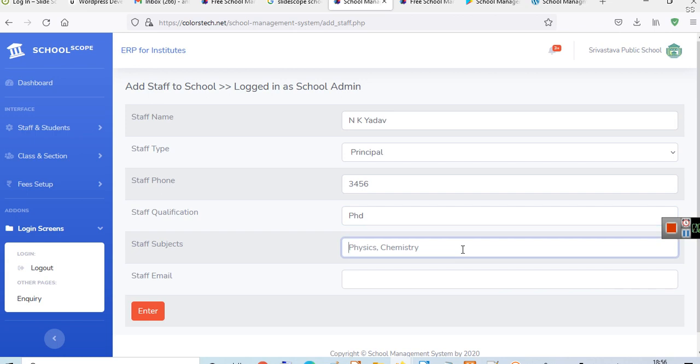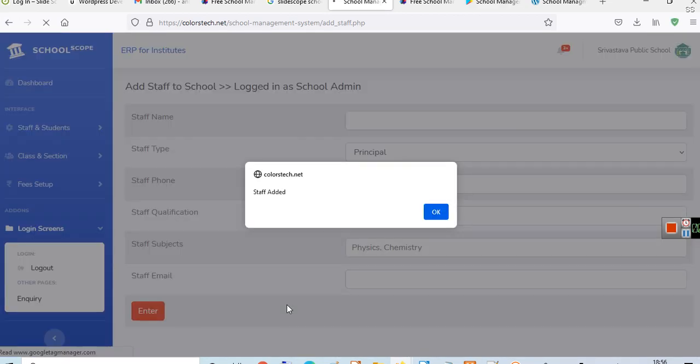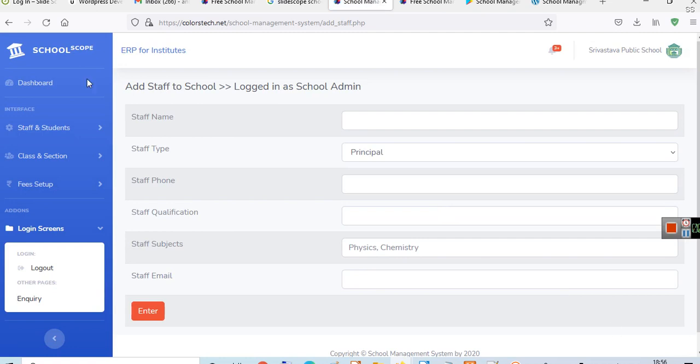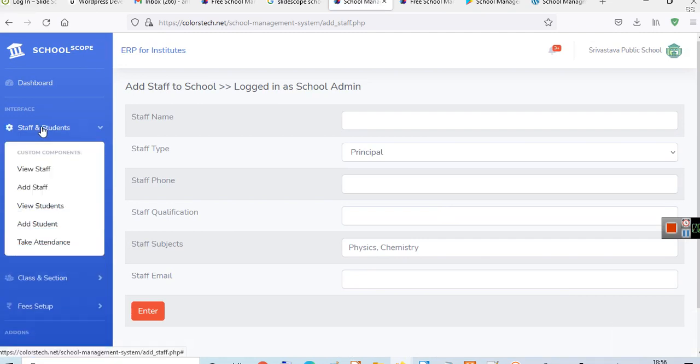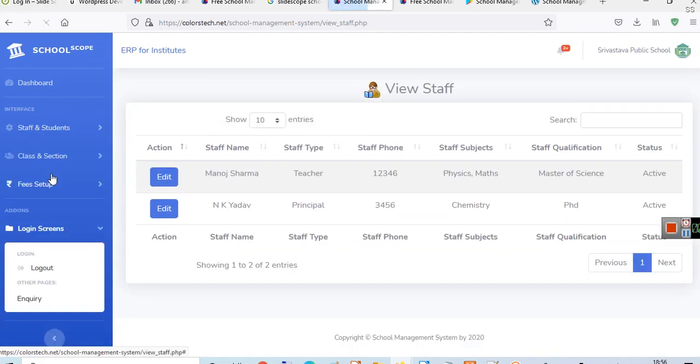And this particular teacher, let's say, teaches chemistry. Staff email is, let's say, nky@mail.com. These are just sample mails, but you will mention your own staff's email, and here the staff is added. Now go to view staff.